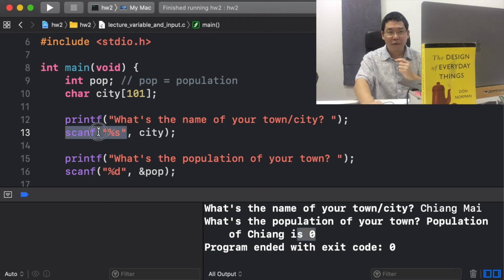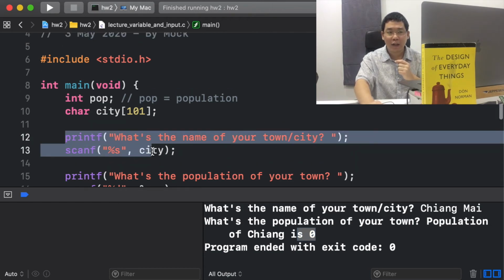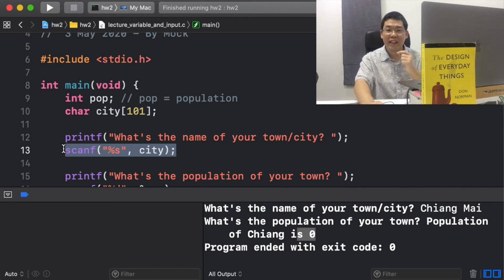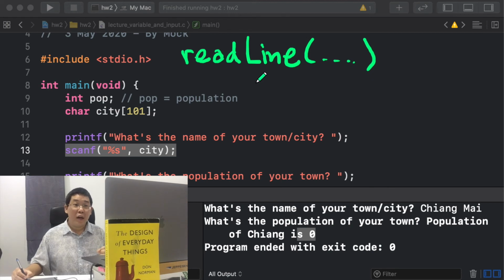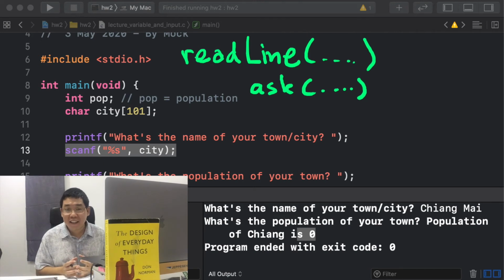So scanf might not be what we want here because it tries to read just a word. But in fact, we want to read the whole line, no matter how many spaces in there. And the line is not longer than 100 characters. In other languages, there is usually a function called readLine, like in Java, or a function ask, as in Scratch. Is there a function like this in C? You betcha. But the name of the function doesn't sound very sexy. It's called